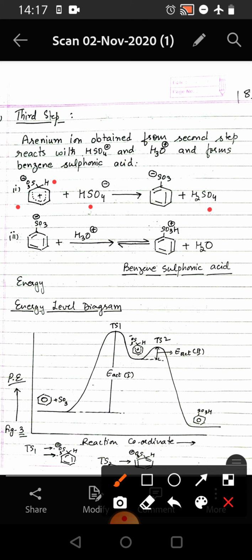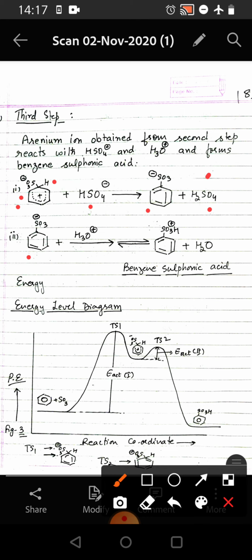So we can say that in this reaction, H2SO4, which has been regenerated, is acting as a catalyst, whereas by shifting of the bond within the benzene ring, the aromaticity of the benzene ring, which was interrupted by the formation of the areninium ion, has been re-established. And so we get this anion, that is C6H5SO3 minus.